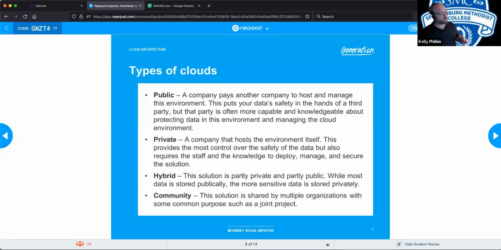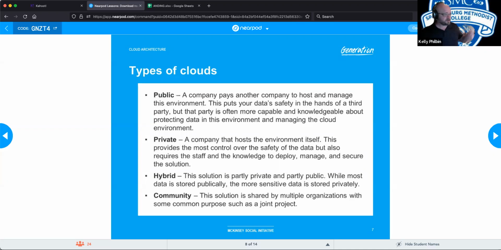The other side of that coin is a private cloud. This is one that your organization maintains itself and allows employees access to. This is where you would store mission critical stuff, research and development, personally identifiable information, medical information. This would be maintained in a private cloud rather than a public cloud because of data security issues. If you have highly sensitive data, you don't put it in the hands of a third party, you maintain it yourself.